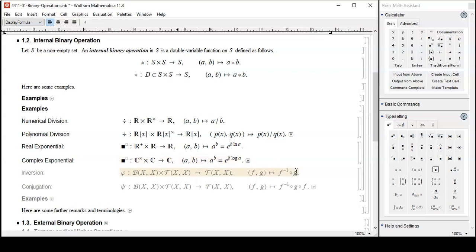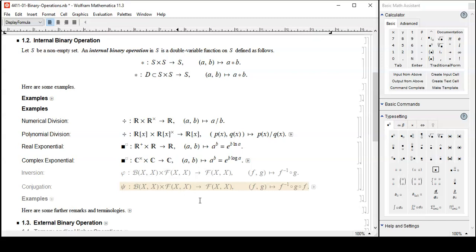Here's some more on compositions, but not just composition, but composing an inverse function. And f inverse must exist, so we have to restrict the domain to the set of bijections, one-to-one onto maps, so that f inverse exists. And this one is called conjugation. Again, f inverse must exist, so f should be selected from the space of all bijections,